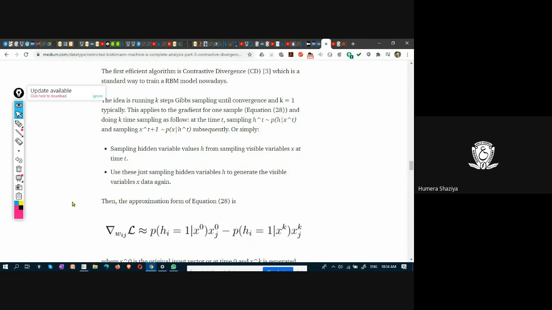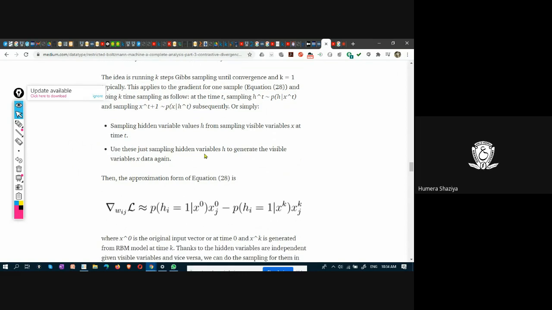We use these sampled hidden variables h to generate the visible variables x data again, because this is a learning process, meaning it is done n number of times until it converges, meaning there is no further improvement. Until that time